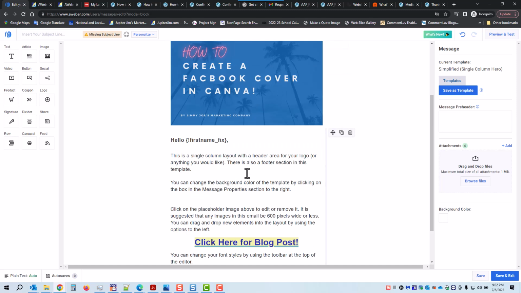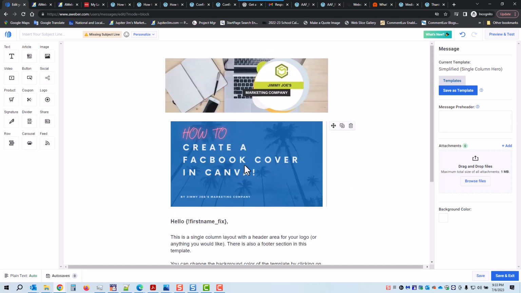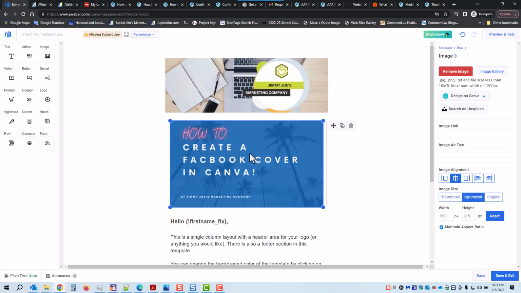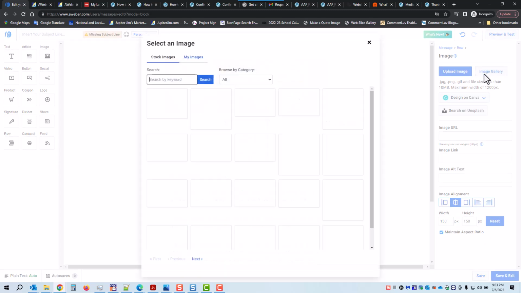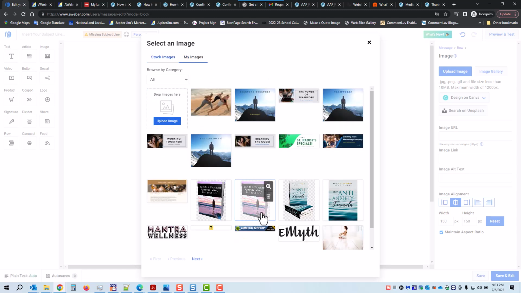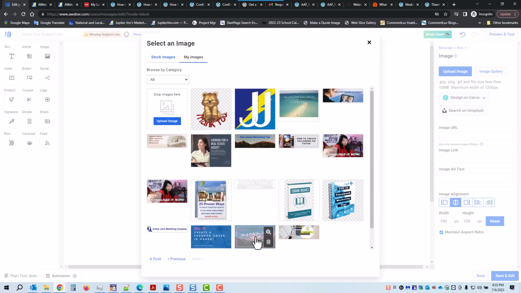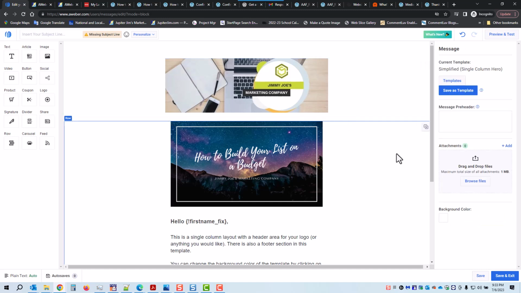And this time, everything else is pretty generic, except I need to change that. So I click on that. I don't want to delete it. I just want to remove it and add another one. I can upload it from my computer or from the image gallery. I'm going to go to My Images, and I believe it was the next one, and there it is. So I'm going to click on the white space to the right of it,